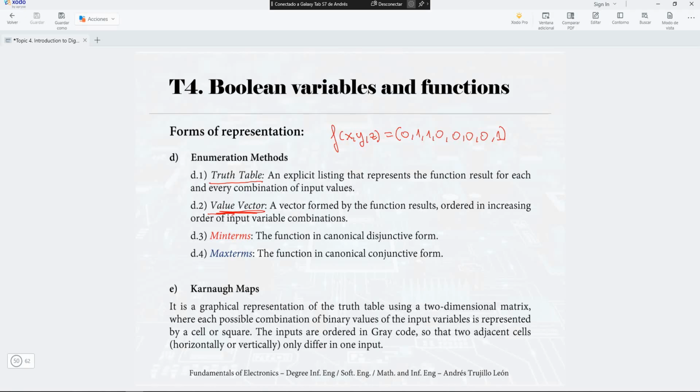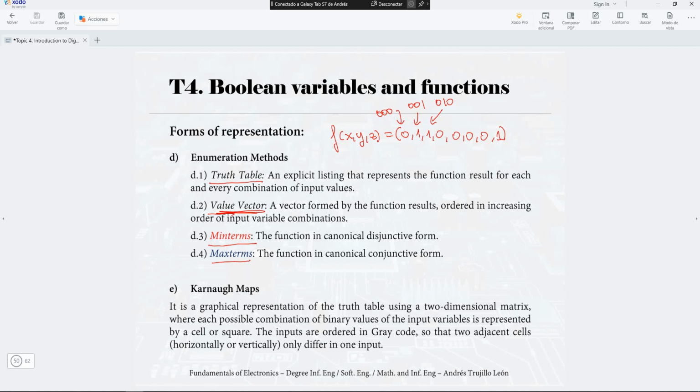It means that in the truth table, for the combination 0, 0, 0, the output is 0. For the combination 0, 0, 1, the output is 1. It's just copying the output of the truth table into a vector. So it's quite simple. We have seen as well how to use min terms and max terms to represent algebraic